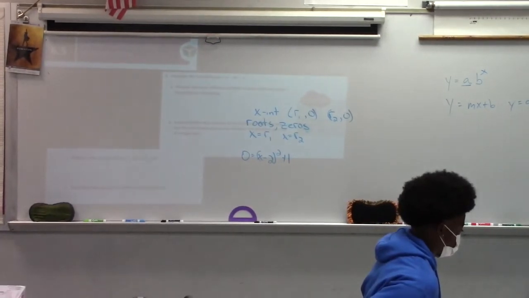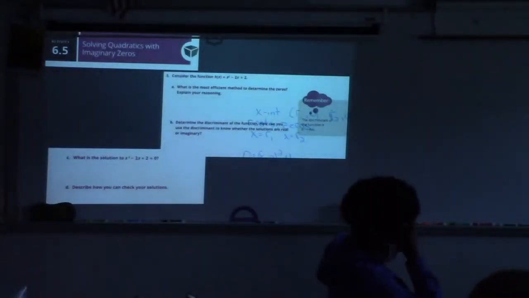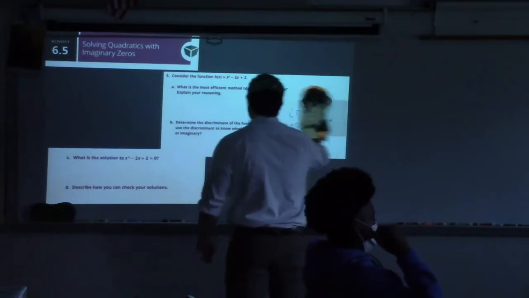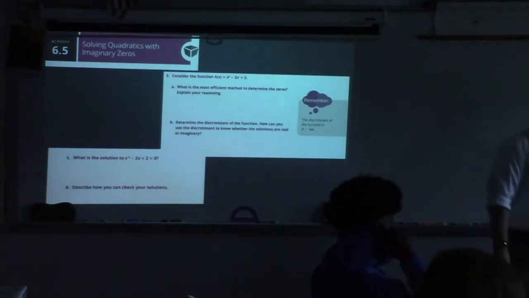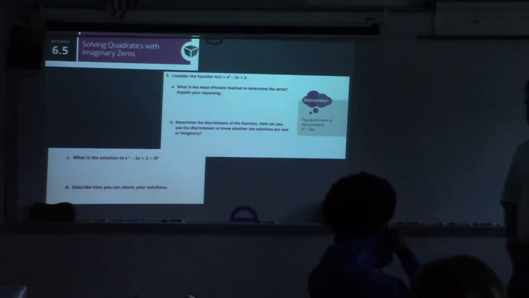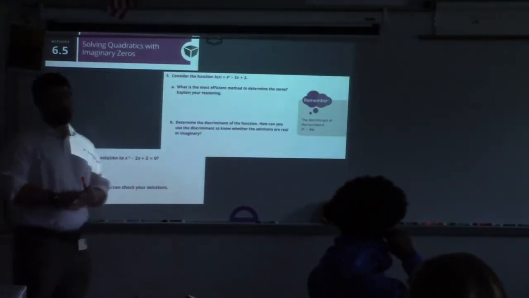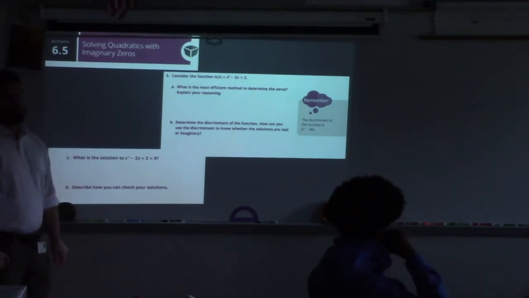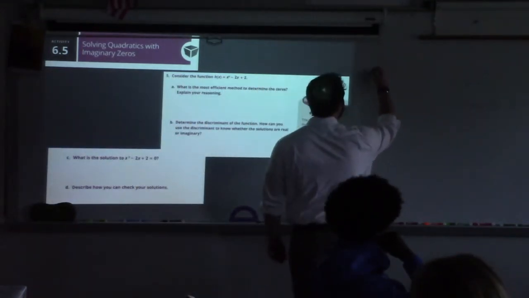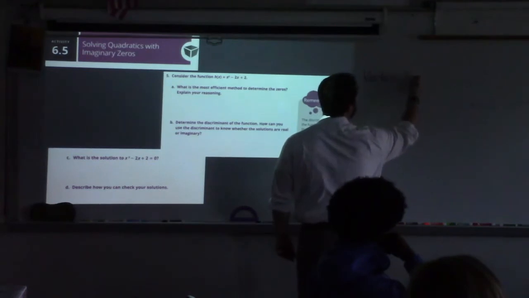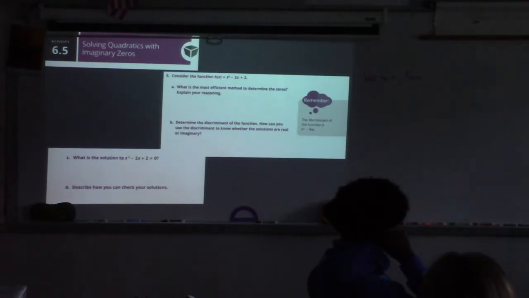Alright, let's have a quick conversation about these. So, what do you think is the most efficient method to determine these zeros? Graph. Graph it to get what? Well, can we get x-intercepts, the roots? No. So then, what's our next strategy? Vertex form, right? So we could get vertex form. 100%. And when you graph this, one thing I do want to remind you of is